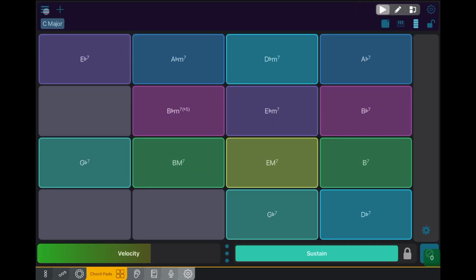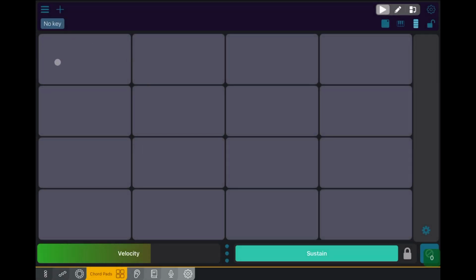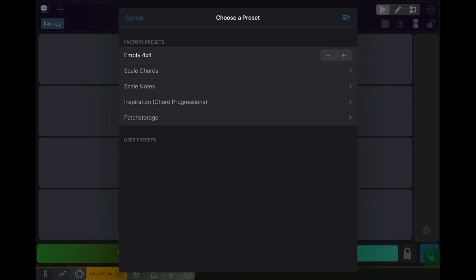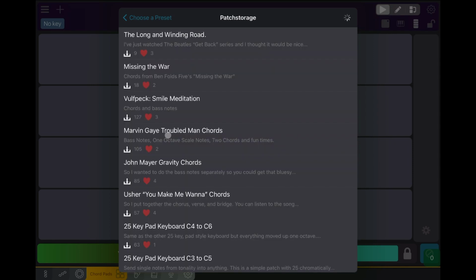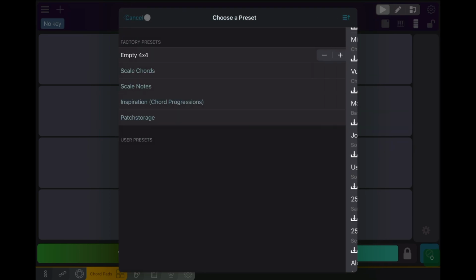Now let's get back to the pad mode. You're greeted with a ton of buttons on the surface, but that's just the beginning. I'm going to try to move really quickly through this, so it won't be a full in-depth walkthrough, but I will try to cover most of the important things to get started. If you tap the button on the top left, you'll get a preset menu with scale chords, scale notes, chord progression inspiration, and a built-in patch storage database that features the chords and keys of popular songs and other users'